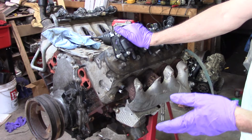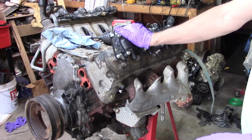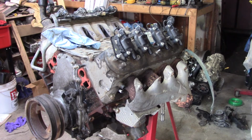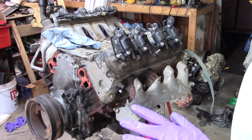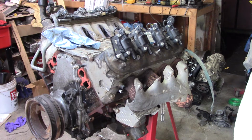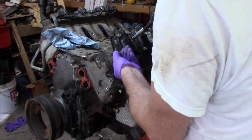I'm going to pull it out and I'm going to measure that cylinder to see if this thing has to go to the machine shop or not. That's all I'm going to do today. I'm not sure how it's going to fall into the other video series, but that will tell me whether I'm going to have to go find a machine shop or whether I can just order the rebuild kit. I'll go ahead and tear the rest of it down. Obviously, before I do that, check the crank and make sure it doesn't need to be turned, check all the bearings. But the first thing I want to do is to see if this thing has to go to a machine shop. So first thing I'm going to do is pull the coil pack